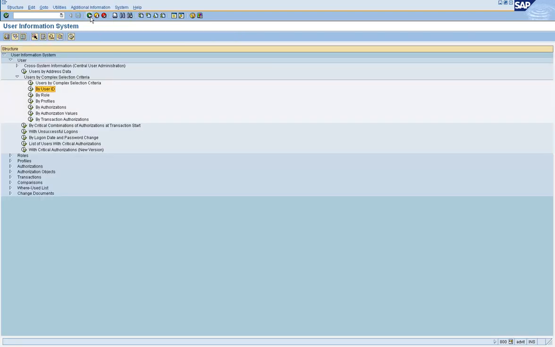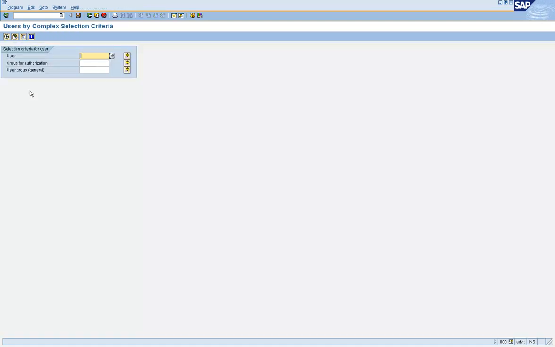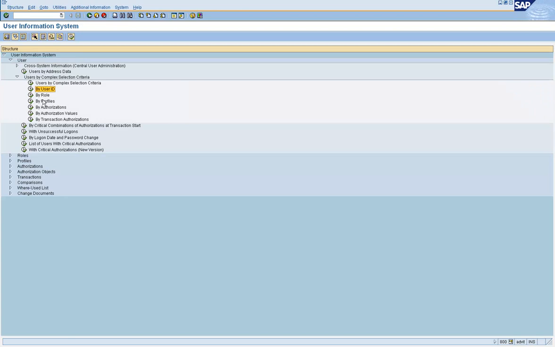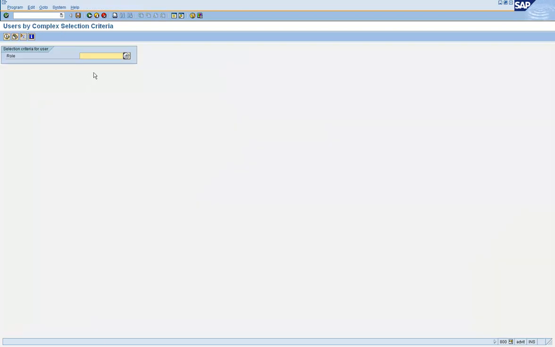Okay, now let's take the other option. We'll come to this. By user ID, you understood? Now by role. If I give a role name here, it will tell me to what all user IDs that role is assigned.